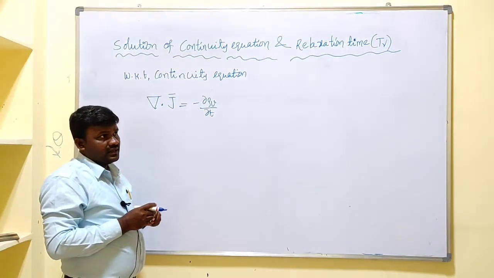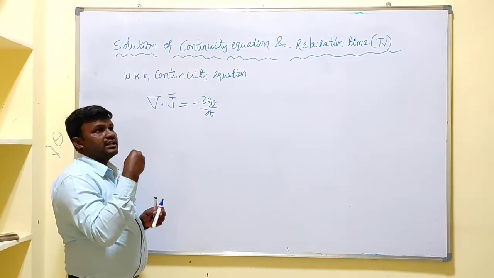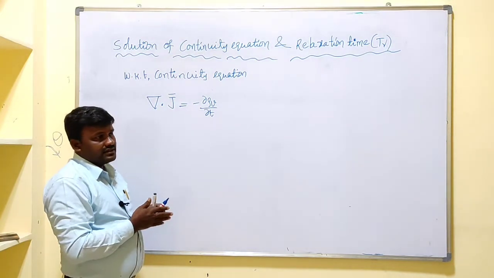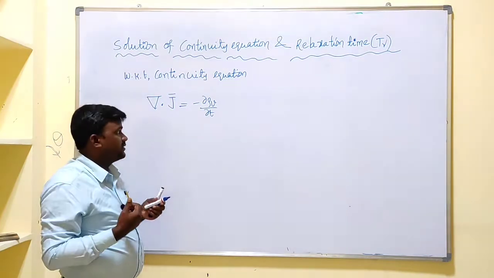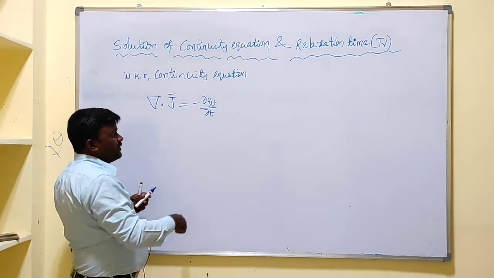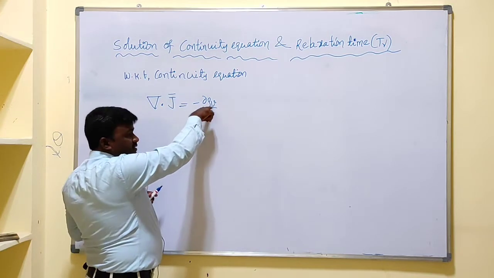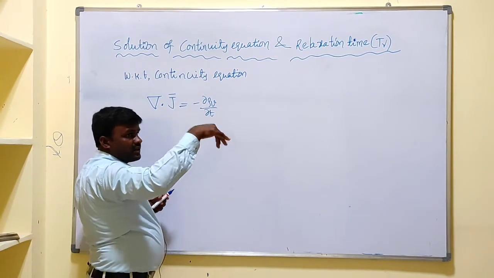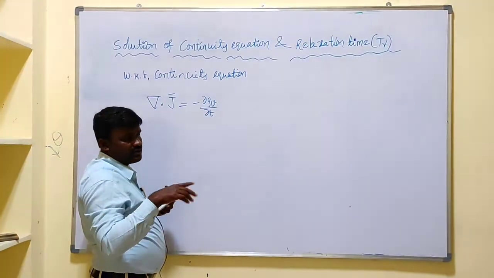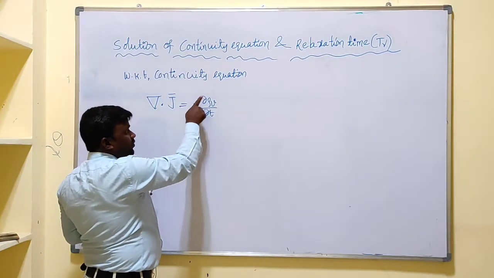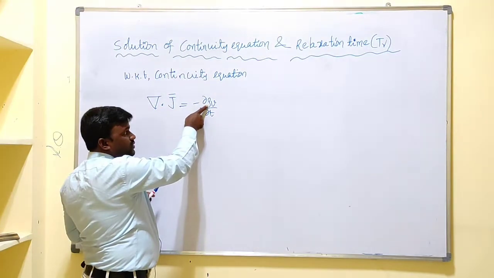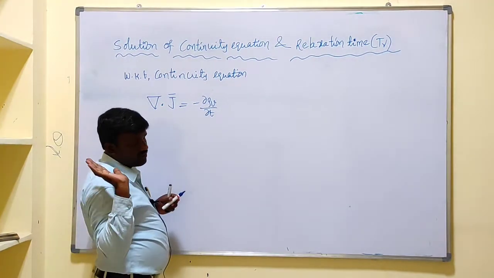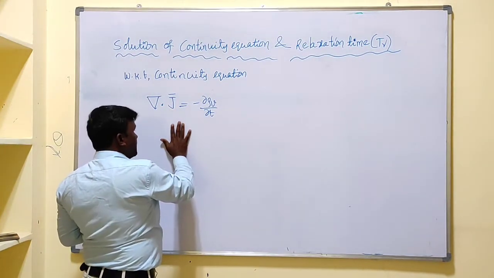If the charge is placed in the interior part of the material, there is a possibility of a decrement of that charge because of the spreading effect of the charge. If charge is decreased, charge density is also decreased with respect to time. So we need to find the variation of rho v with respect to time, that is, the equation for rho v.